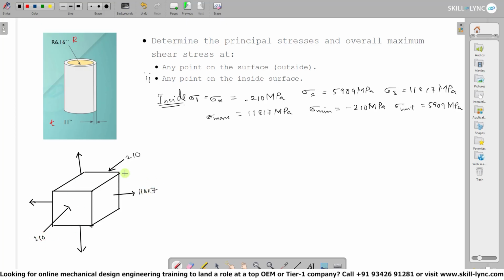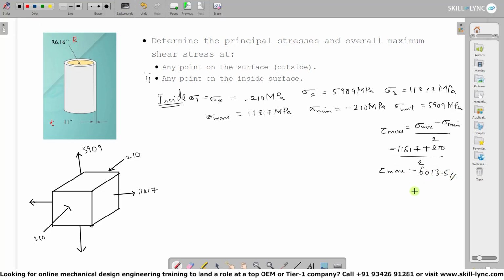And the outwards stresses would be the same, 11,817 and 5909. Now, as for the tau max value, we know tau max is equal to sigma max minus sigma minimum by 2, which is equal to 11,817 plus 210 divided by 2,